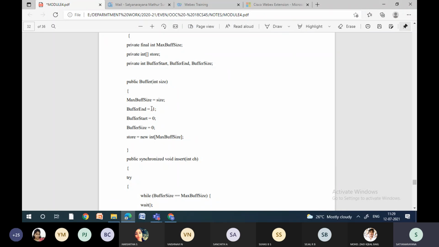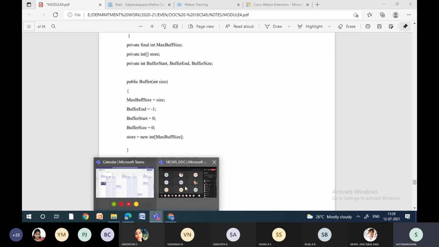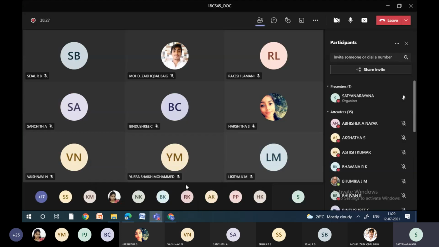Can any one of you tell me why we are taking -1 here? Buffer end is -1. Is it default or is it the programmer who is giving that? Probably you might have studied in the strings concept in C programming.